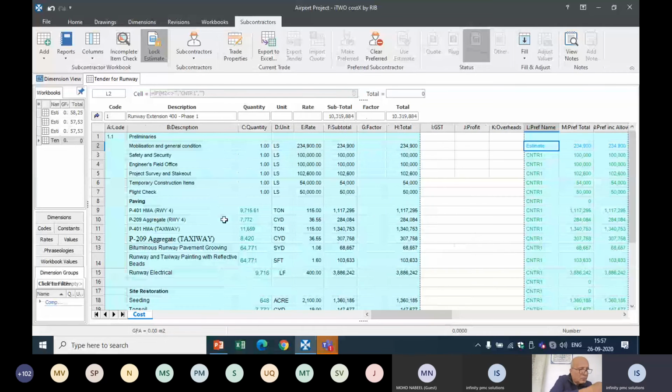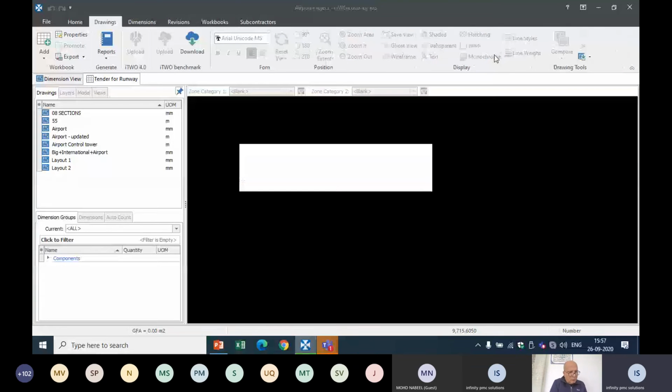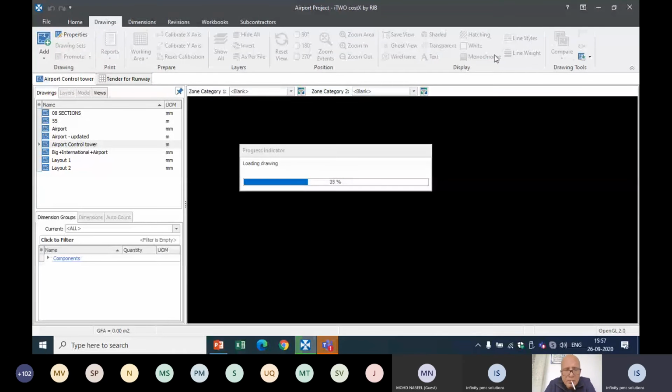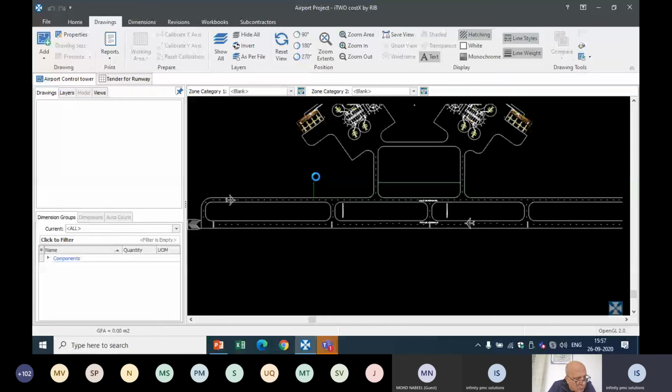This is how we can make a contractor comparison. What we are doing here is again linked with our model and the 2D drawing, as we saw with the estimate. So you can easily view or open your particular drawing at any time. This is the airport layout drawing, from which it is taking me to the quantity I have calculated. You can see, this is the runway length. This is how we can do a contractor comparison in Costex for our projects. Moving to our presentation.